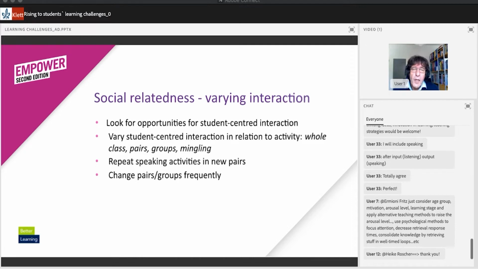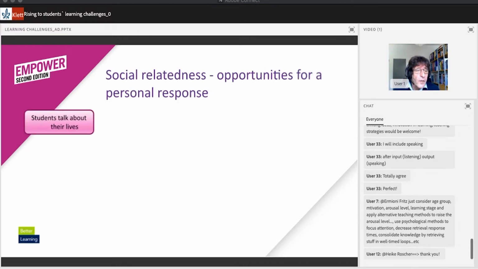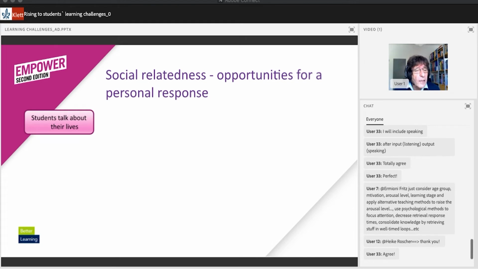And I think people often think of pair work as being to do with getting more language practice, which of course it is, but there is also a social dimension to this. And I think another purpose of it is for students to start feeling more at ease with each other as well. Another way of developing social relations is clearly through the kind of activities that we use in class,